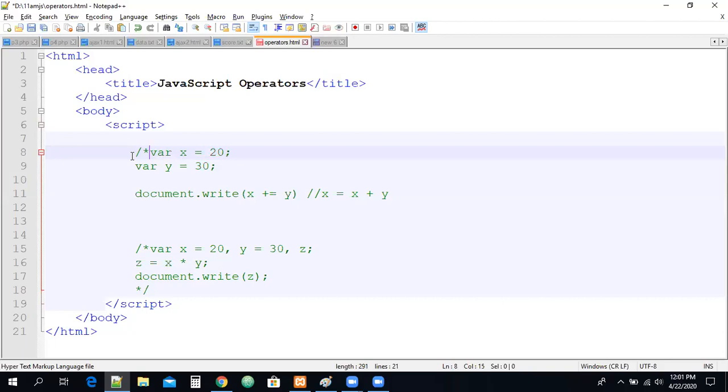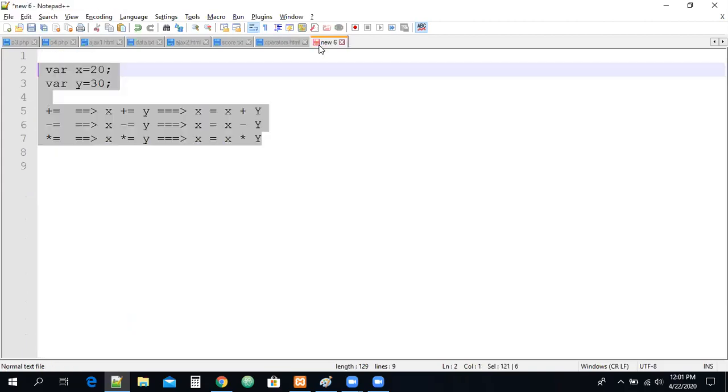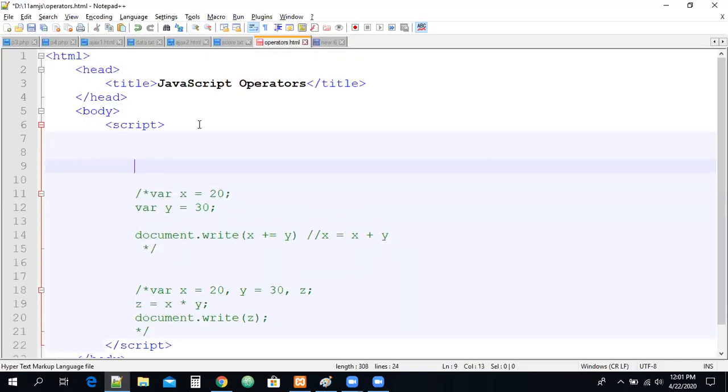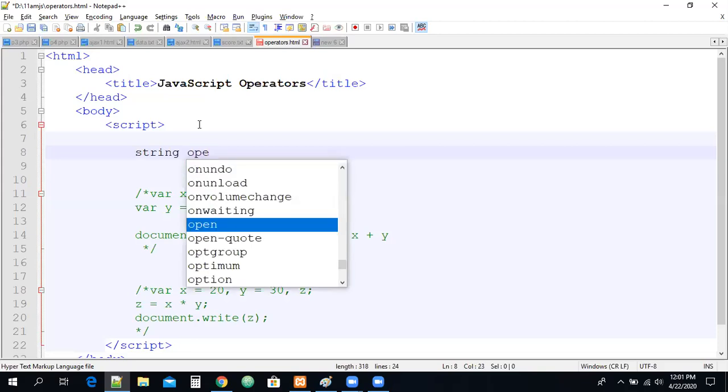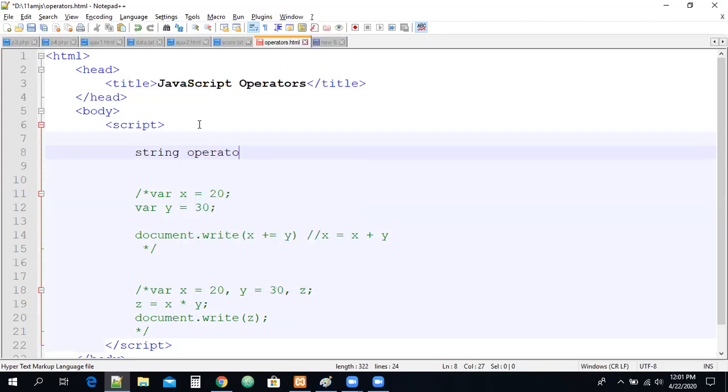So let us check, guys, do some practice on these assignment operators also. Not only these three, you can take all the operators so that you will understand exactly what is going to happen. Now, a very important thing, guys, is the string operators. What are the string operators? These behave in a different manner and are very important also. Let us check them, guys.